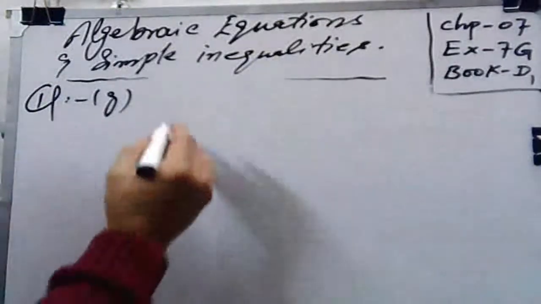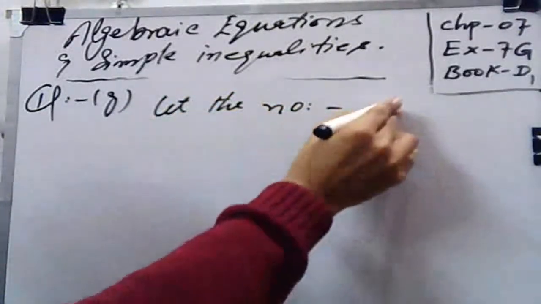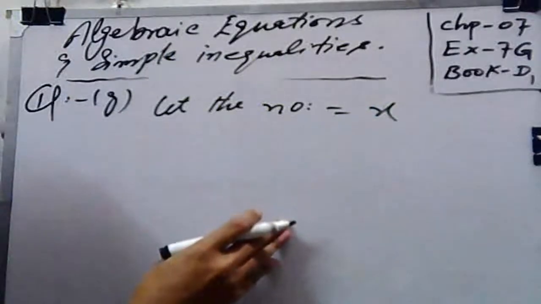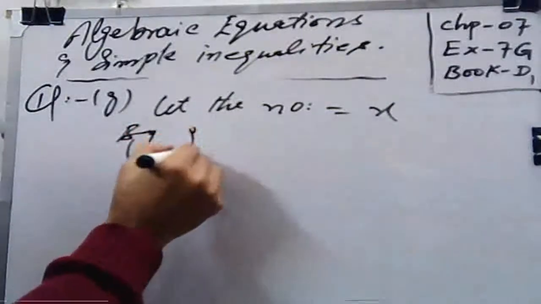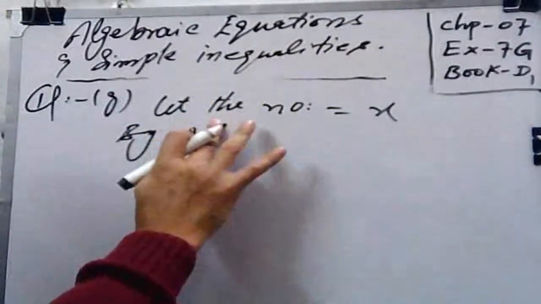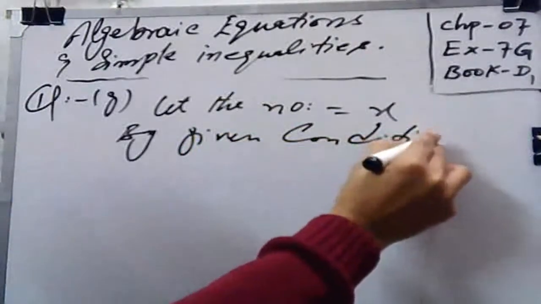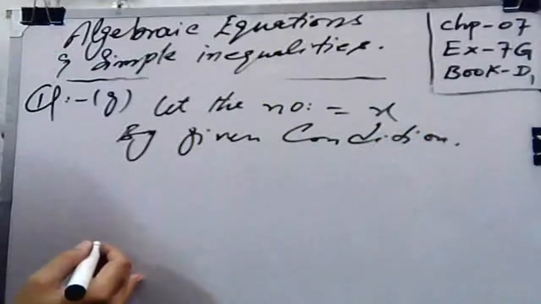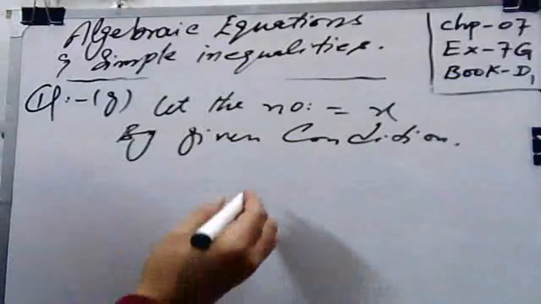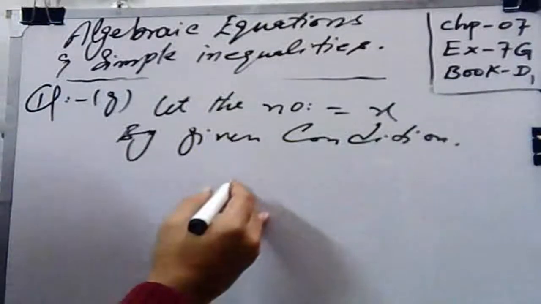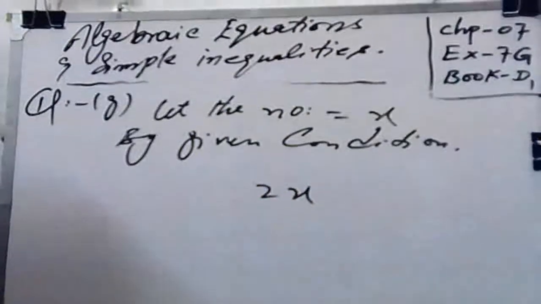So it means similarly, let the number be equal to x, and by the given condition you can write as, that is, twice the number. So it means twice the number. If you read the statement once again, that is twice the number, and the